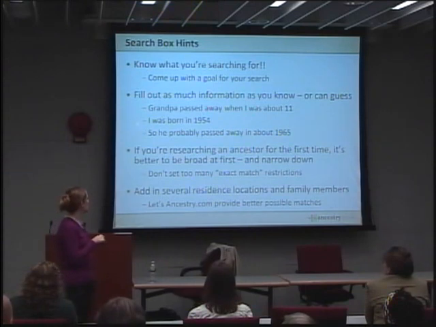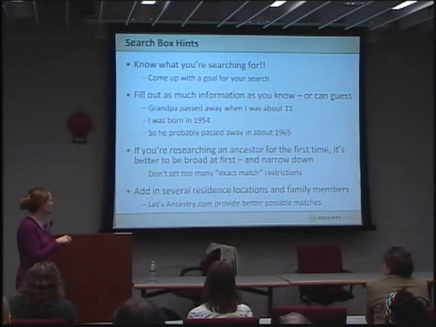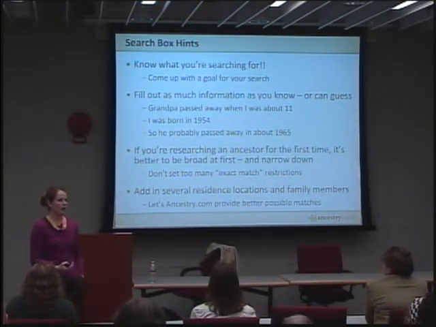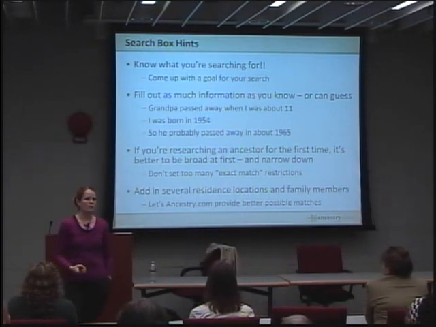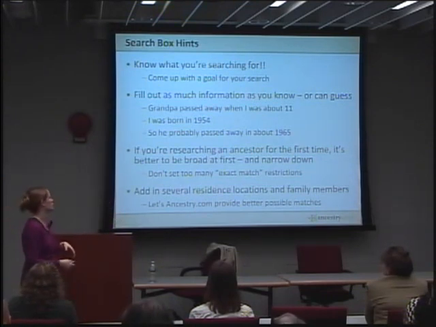One way to guess is, when you ask somebody, well, when did your grandfather pass away? Well, I don't know. Well, were you alive when he passed away? Yeah, I was about 11. Well, when were you born? Well, I was born around 1954. So Grandpa probably passed away around 1965. Okay, when was he born? I don't know. Well, how old do you think he was when he died? Well, he was about 60. Okay, we'll say he was born around 1905. We may be wrong, but it narrows it from the eons of time down into roughly a 60-year range. It's going to help solidify our search a little bit.